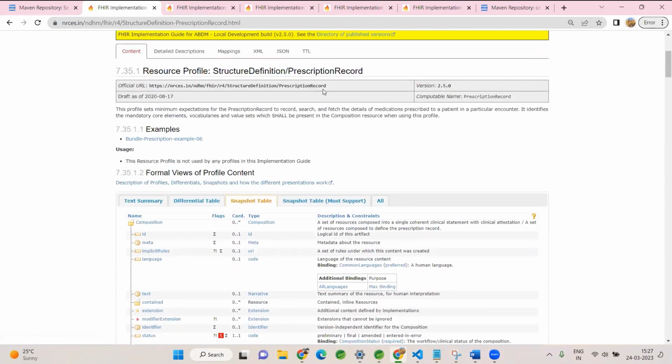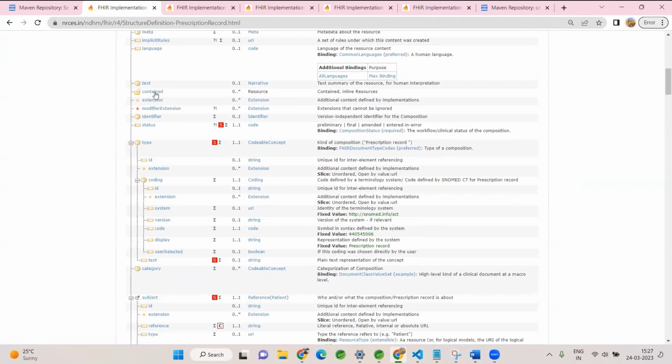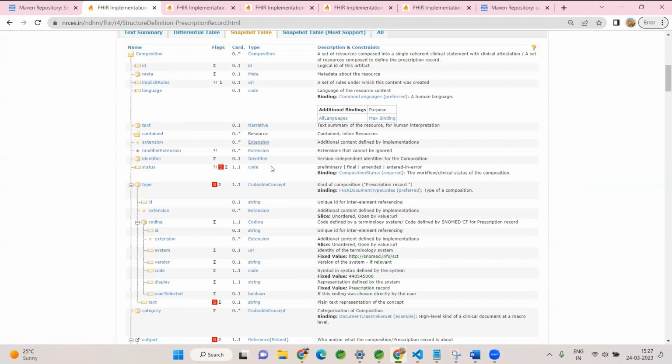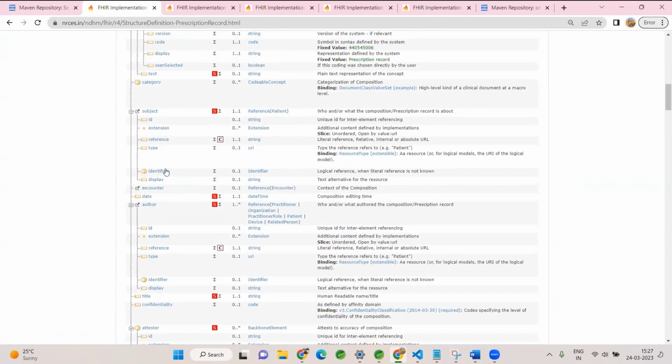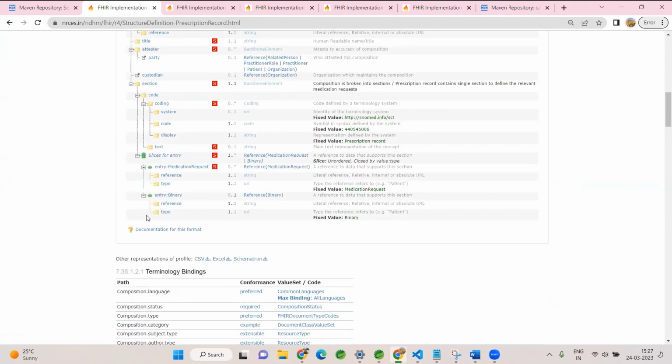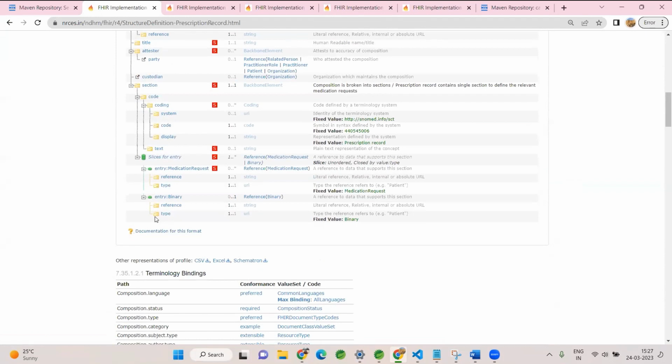So here is the official URL, or the canonical URL as we say, and he is referring to that composition which is designed for prescription. Like I mentioned, every HI type is a composition. It's bundled in a bundle resource. So composition gives you the context: what is the metadata, who is generating it, which patient it is, and the composition will tell you about the sections, which tell what all information is covered. So in prescription composition, medication request will be covered,